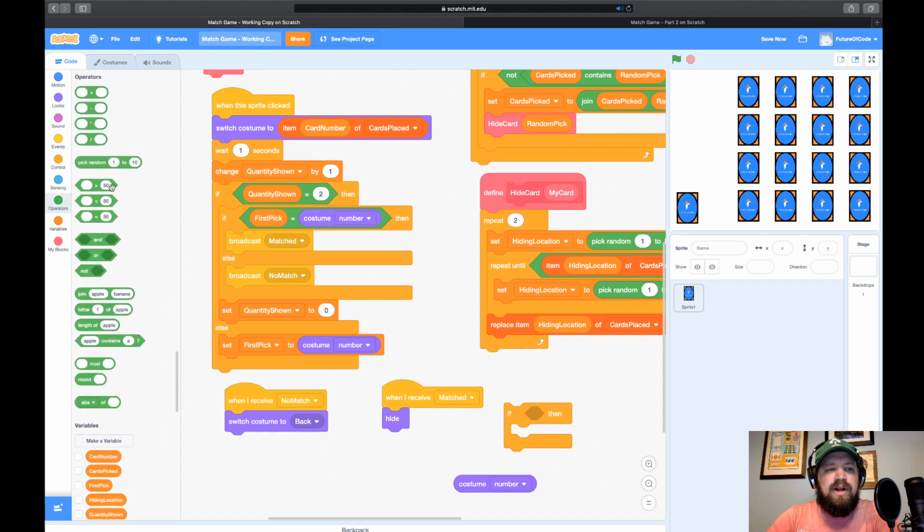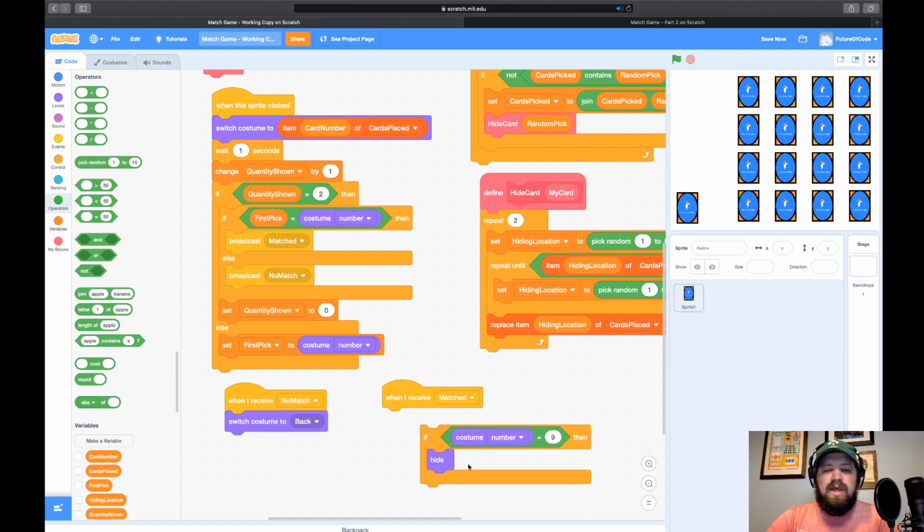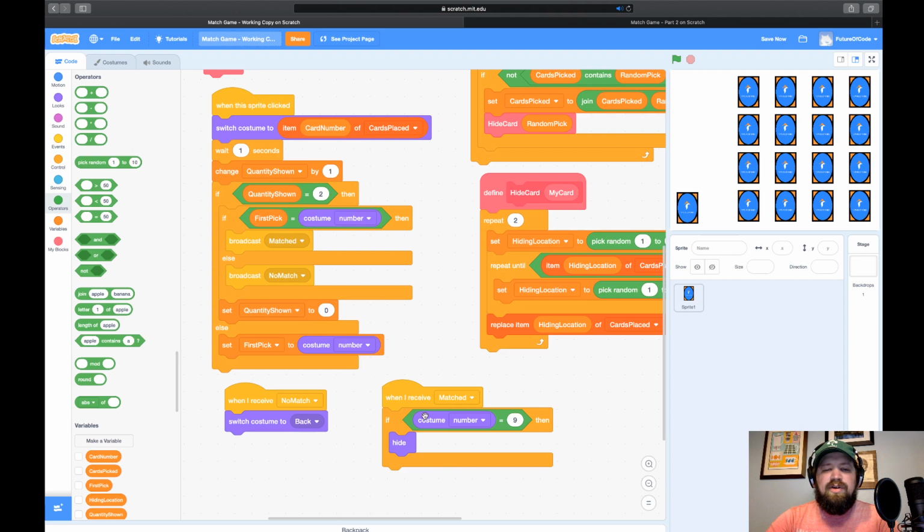So let's go into operators, go to equals, grab an equal sign, and drag costume number into the first spot, and then make the second spot 9. Okay, so we're checking for when it's 9. So I'm going to put that in the if statement, and I'm going to put the hide inside of there. So if costume is equal to 9, then hide.